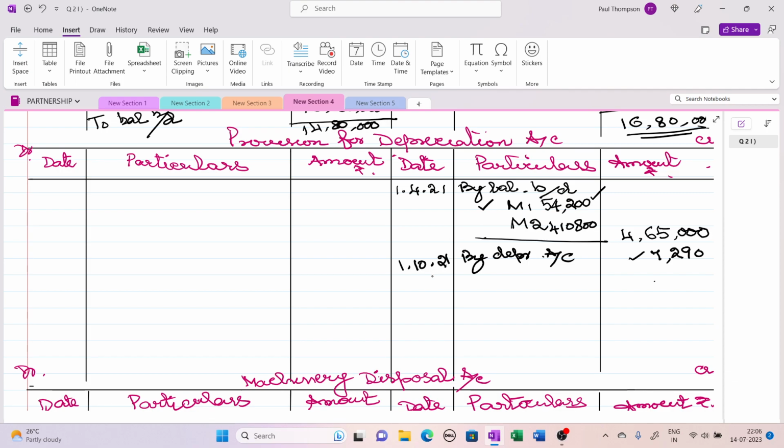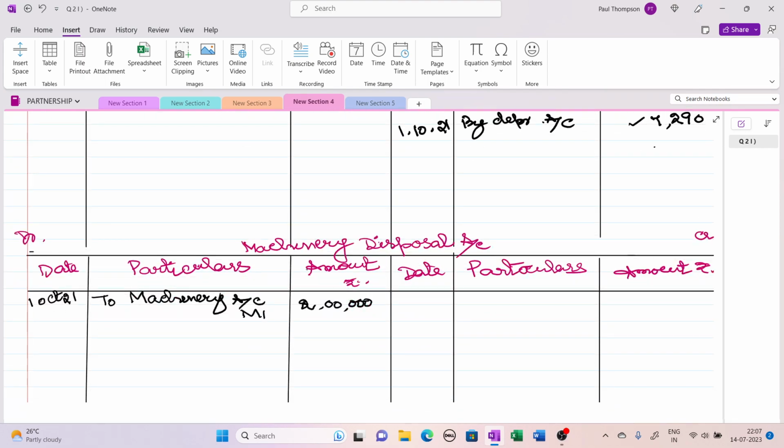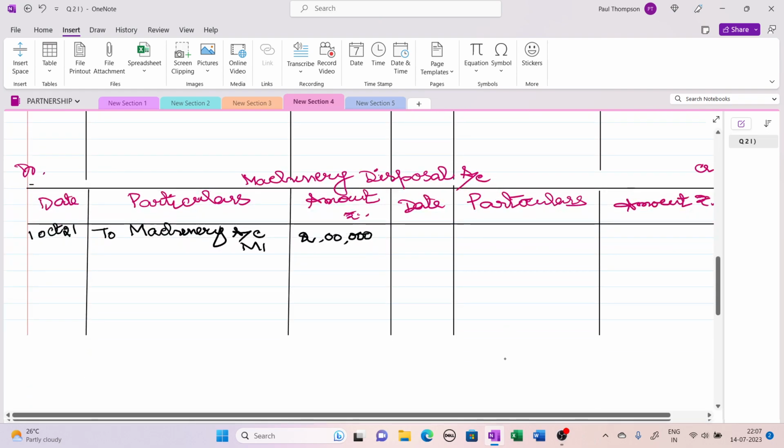Plus 7,290, that comes as 61,490. So we have to take this amount to the machinery disposal account. This we are removing on 1 October 21. Date is also very, very important when you do your machinery account. Now we have to go to the credit side and write here